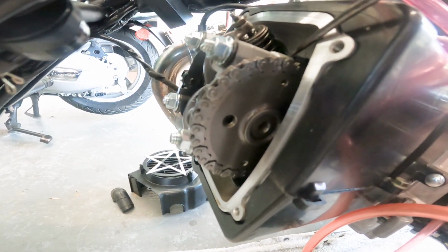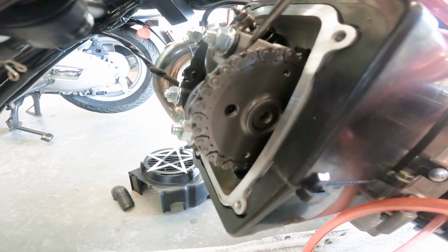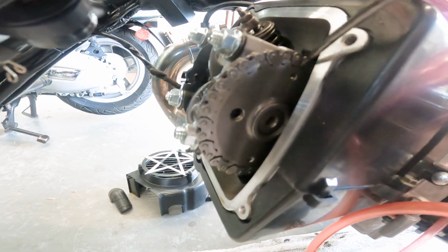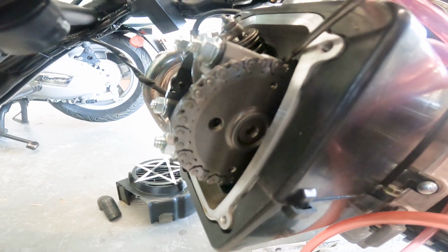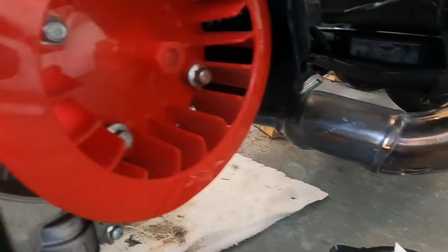But when we're changing the cam, we want to be able to verify that just to make sure we didn't move this chain, to make sure we have this chain in the right position. So it's important to verify top dead center on the flywheel and these 3 dots both when doing a cam change. I don't like to try to look in that little hole. It's too hard to do, so I just pop this cover off